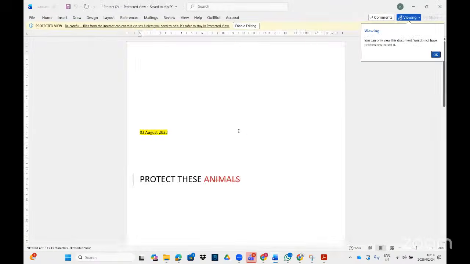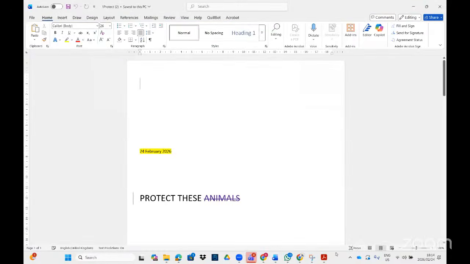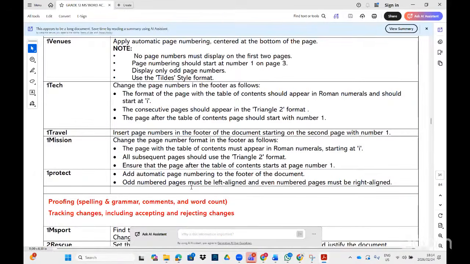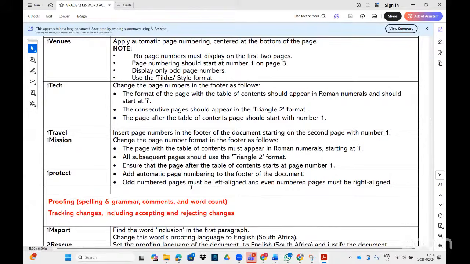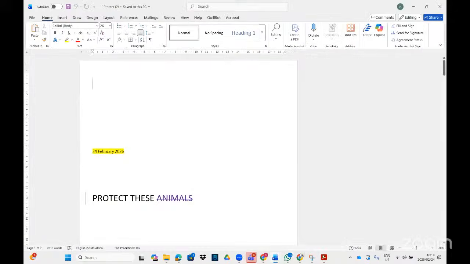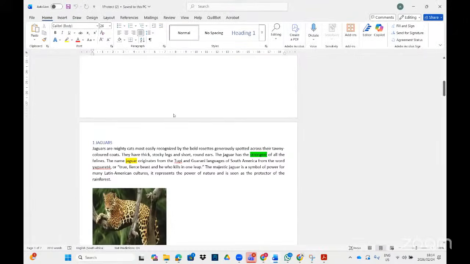One, protect. Now the question says, add automatic page numbering to the footer of the document. All odd page numbers must be left aligned and then even page numbers must be right aligned. So we are going to insert page numbers, then odd pages should be left, even pages be right